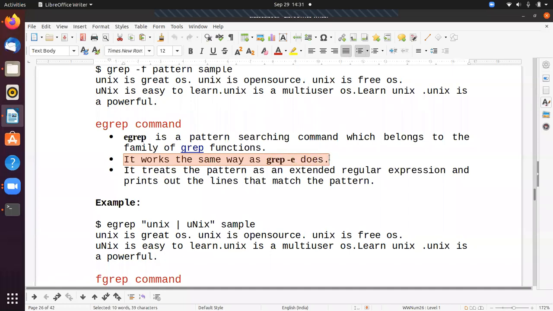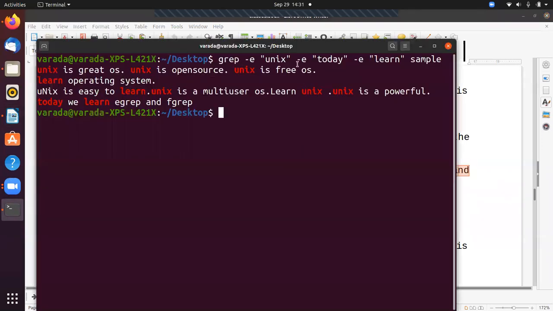It treats the pattern as an extended regular expression and prints out the lines that match the pattern. That means all these patterns we are providing are regular expressions. What is a regular expression? It is text containing meta characters or special characters; those are called regular expressions.